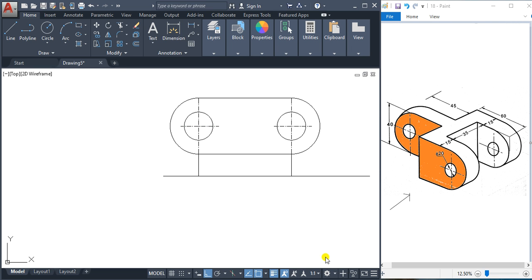Or otherwise, if you calculate from this axis or center line, this 20 is already gone, so if you remove 20 from 45, the remaining will be 25. So from this axis line you can measure 25 distance, and you can draw a vertical line there. So from this axis line we'll measure 25, and we'll draw a vertical line